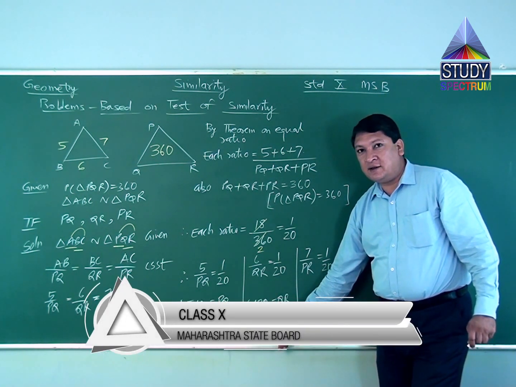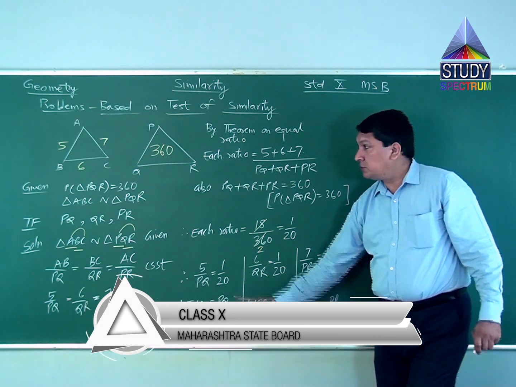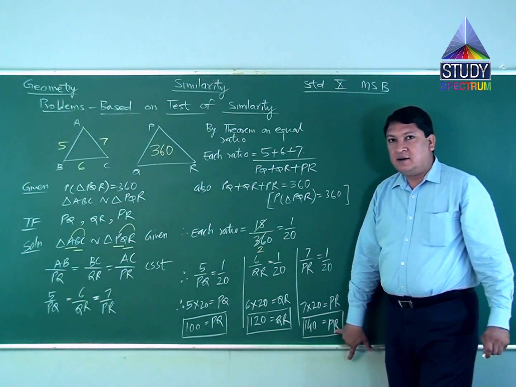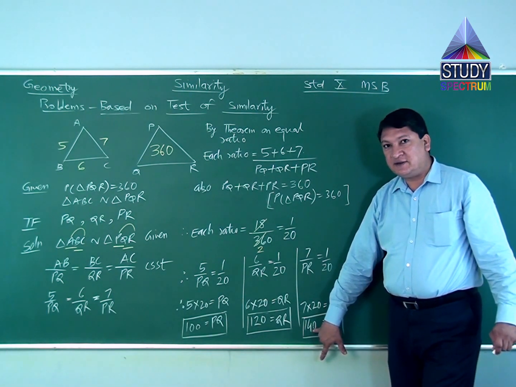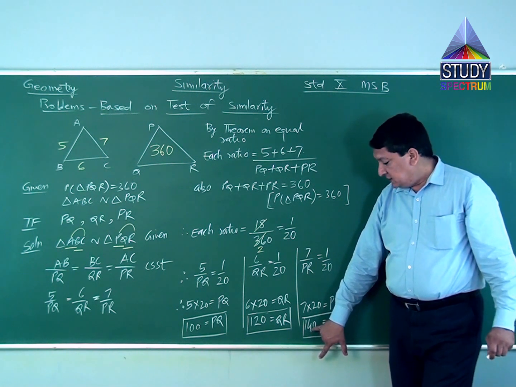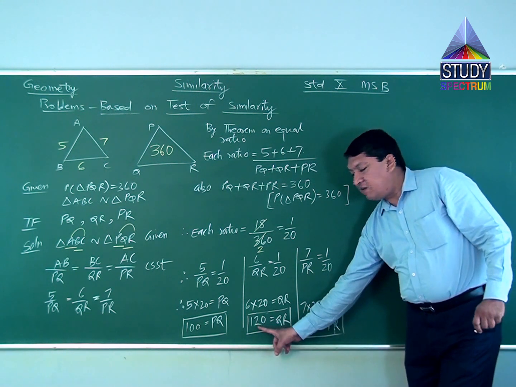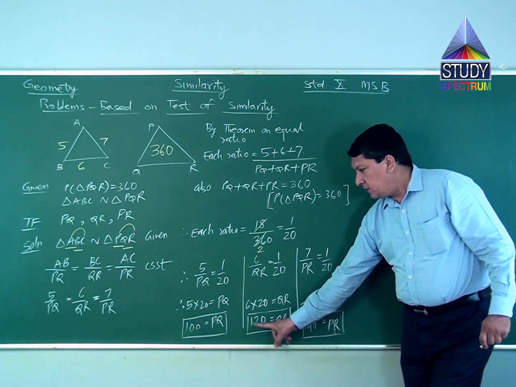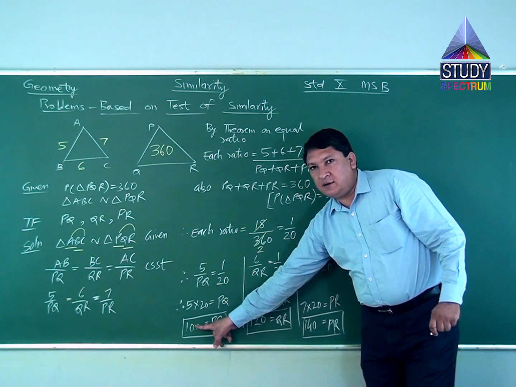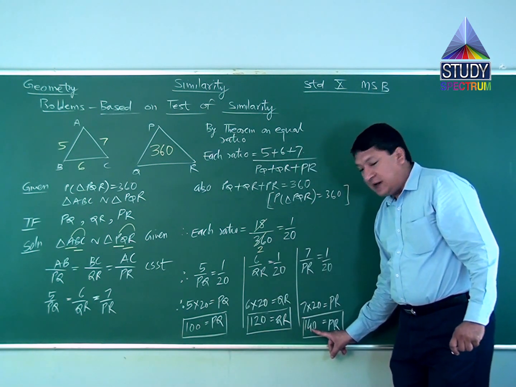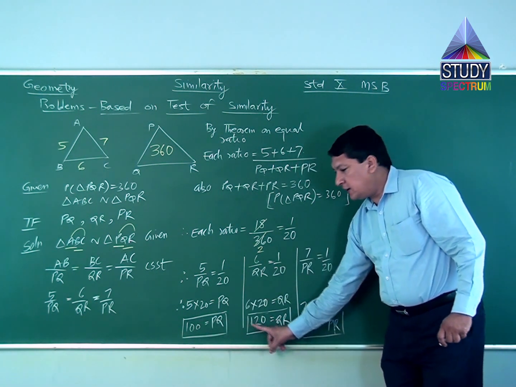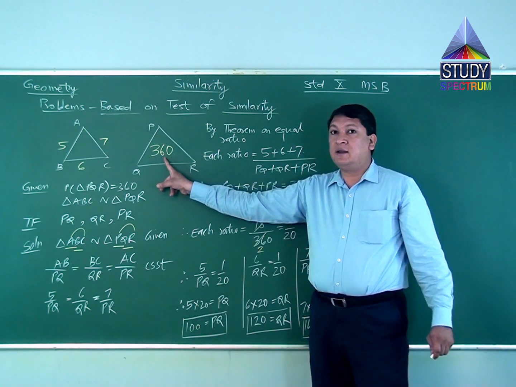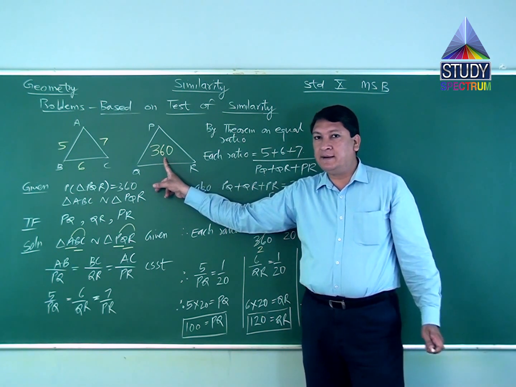Don't you think it will be 60? Half of 120? Because perimeter is, instead of 360, it is 180. PR, instead of 140, it will be 70. Now half of this 70, half of 120 is 60, that gives you 130. Half of 100 is 50. So the sum of all three, that is 70, 60, 130 plus 50, will give you 180, which is the perimeter in the imaginary sum which we have taken.